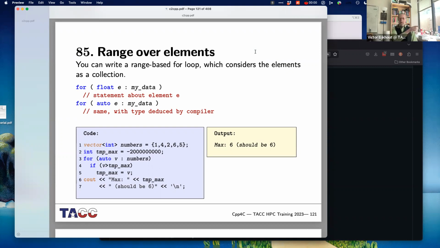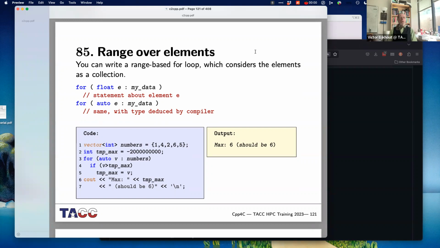In C, if you needed to go over an array, you had to say for i is 0 to length minus 1, i++, and then you index that array. And there is a philosophical problem with that. Namely, if you are only interested in the values because you want to add them together, or you want to find the maximum value, you don't need that index. So why does C force you to do that index? You don't need the index, you only want the values. So for that sort of case,